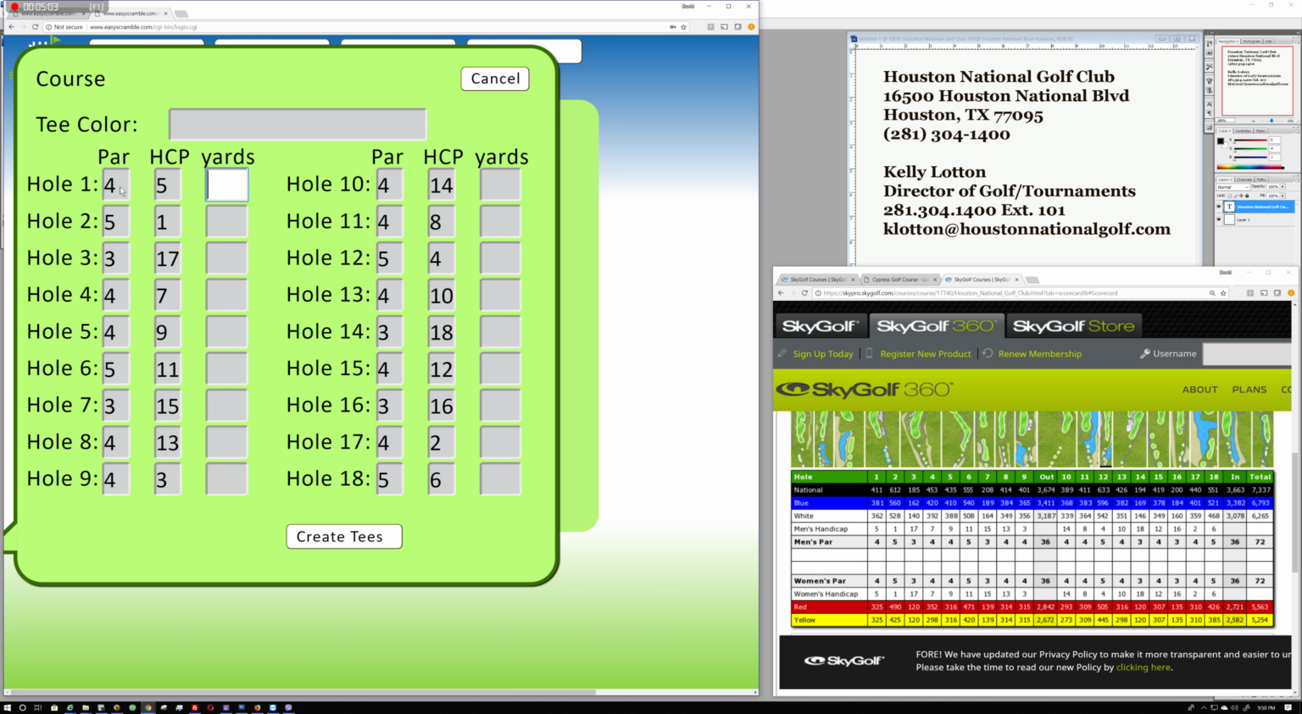it's going to pre-fill out all the rest of the information for you. So you only have to put the par and the handicap the first time, because those are the same regardless of which color tees you're doing. So when I come back in here and I do the white tees, all I have to do is add the white yardage. So 362, 528, 140, 392, 388, 508, 164, 349, 356, 339, 364,